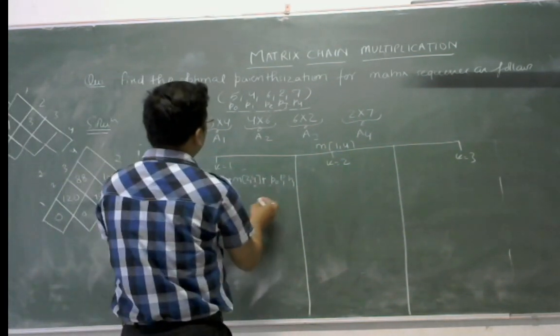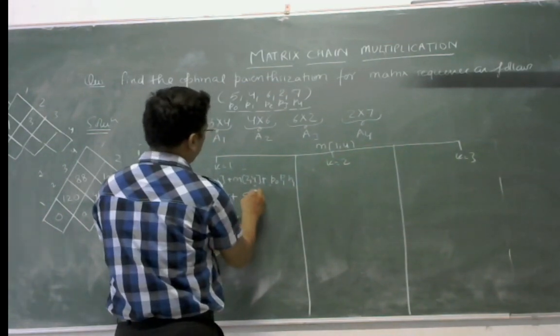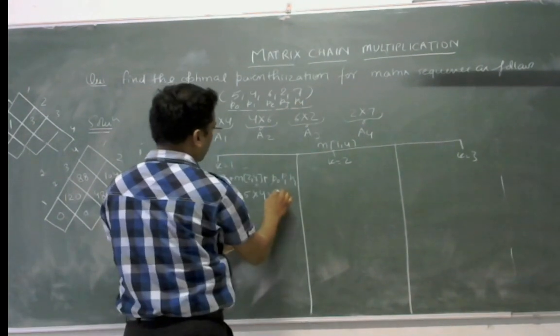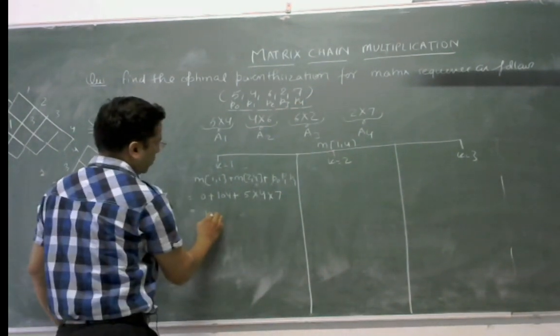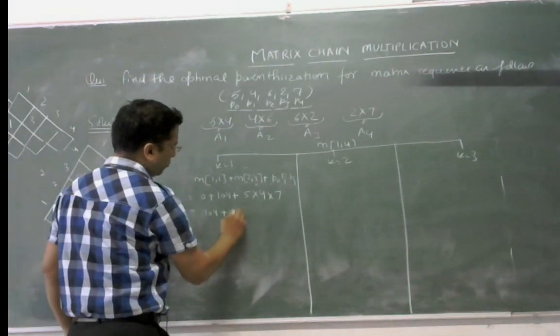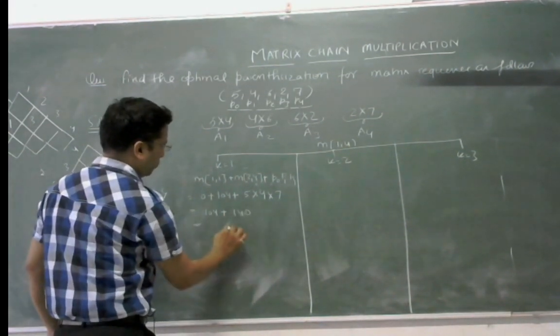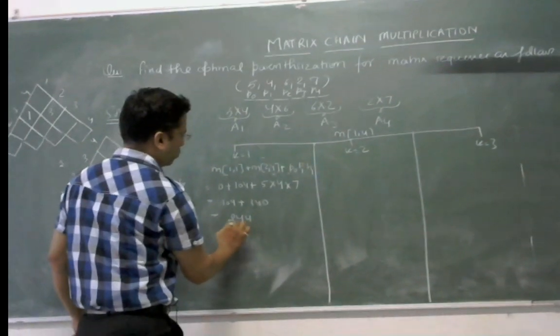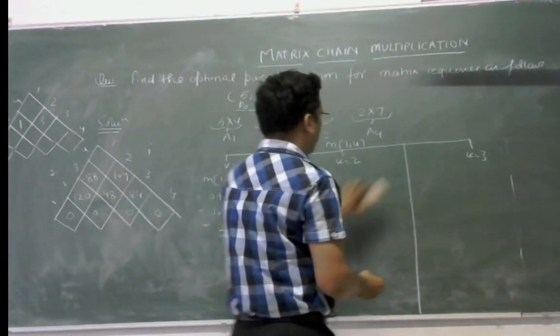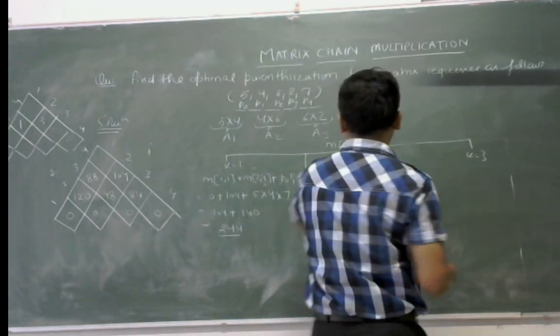And P0, P1, P4. P0 is equal to 5, P1 is 4, and P4 is equal to 7. So it equals 104 plus 140, so equals 244. For this case, the answer is 244. And now for k equal to 2,